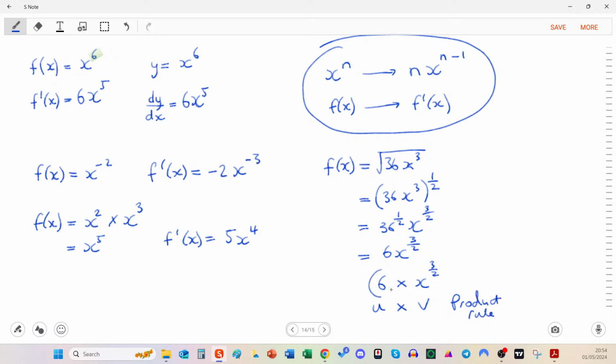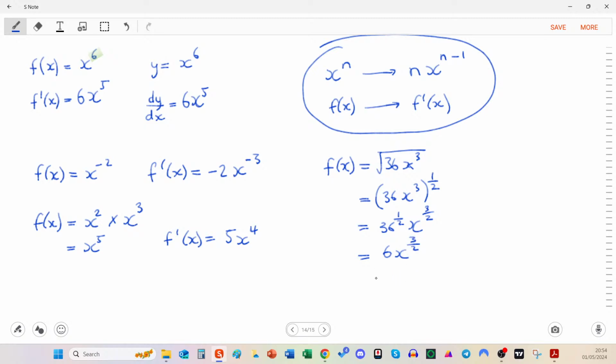And you'll see that this 6 will just disappear because it's a number. The derivative goes to nothing, and so you would end up ignoring it. That's essentially what you do. You just ignore this 6 here. It has no effect on what you're going to do to this, except when this power goes down, you will